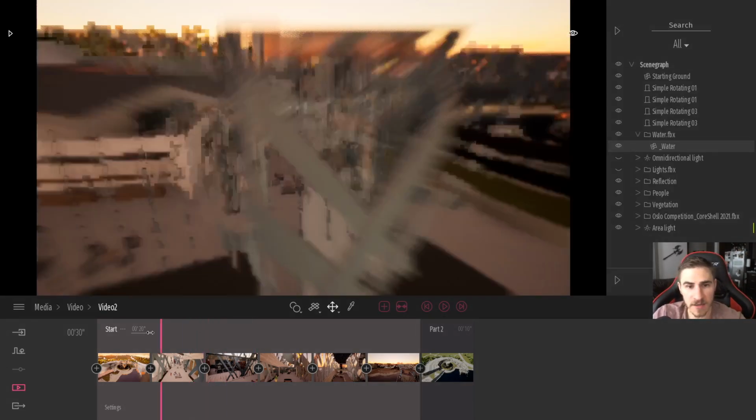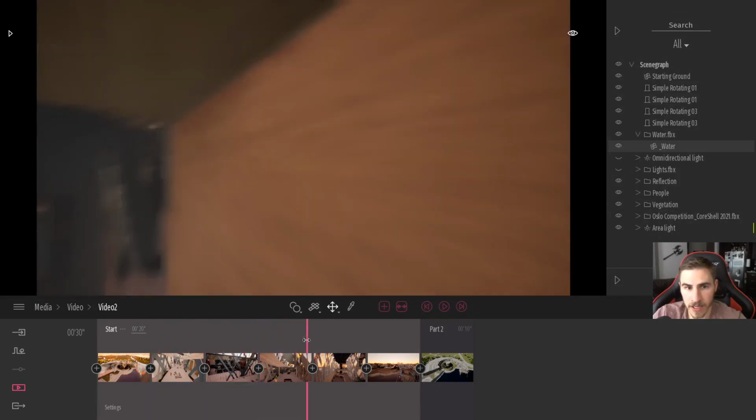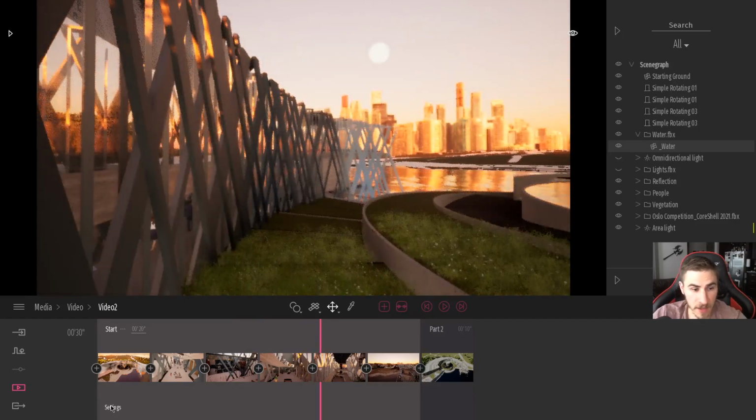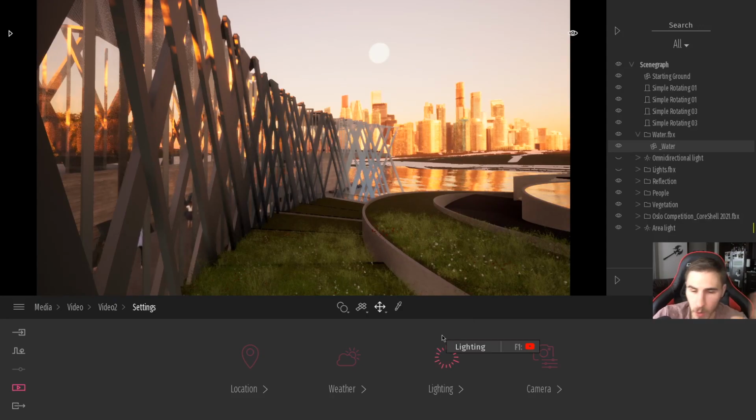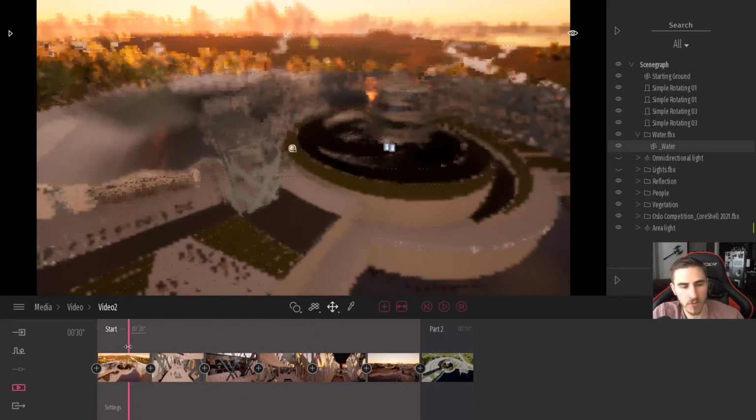So really, if you want to have one static look for the entire scene, and you're happy with something like this, then all you need to do is go to settings down here within the part, and you can see all the settings that you have. You can change it all, whatever. And then at that point, you're good to go. You don't have to worry about copy and pasting to every single one. It wouldn't really be necessary.